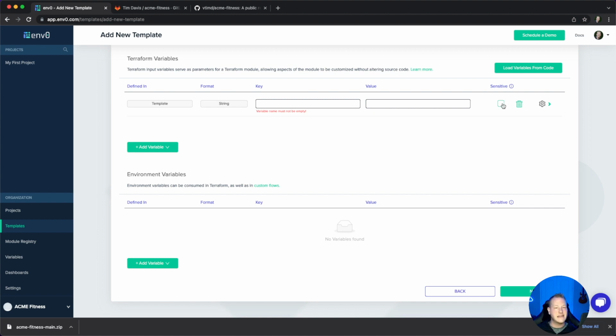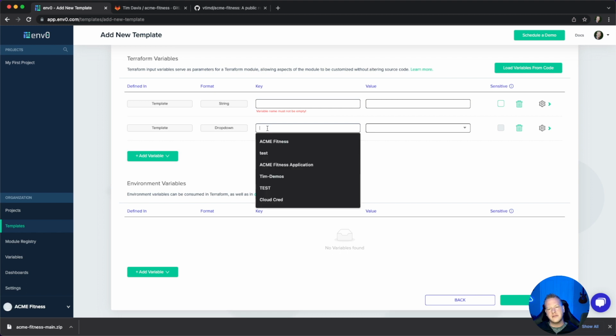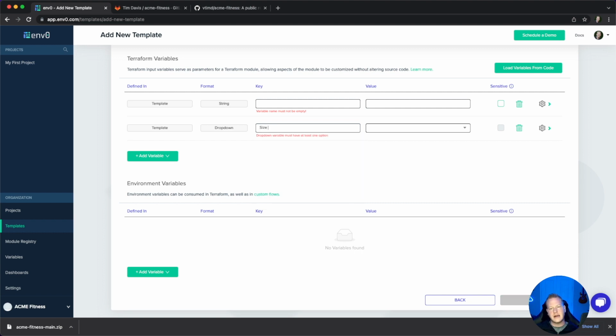You can mark that sensitive if you need to, or you can actually go down and set up a drop-down list so that you can have different types. So if you want to say do a size of instance, then you'll come through here and you can say things like large or medium, and it'll just allow you to set up multiple options so that you can select. And this way, if you're scoping it specifically to the template, then you're saying,